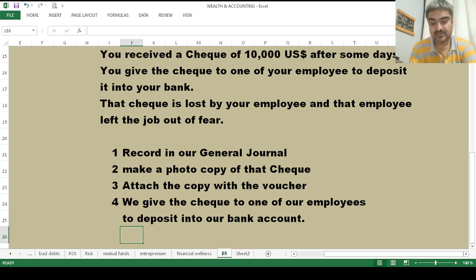Or there may be a possibility that the employee reaches the bank and deposits it into your bank account, and after some time, at the month end, you take the bank statement from your bank and that check does not appear there. So in any of these scenarios, you go back to your books of